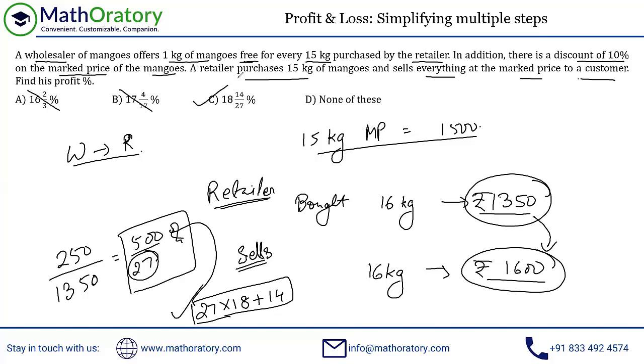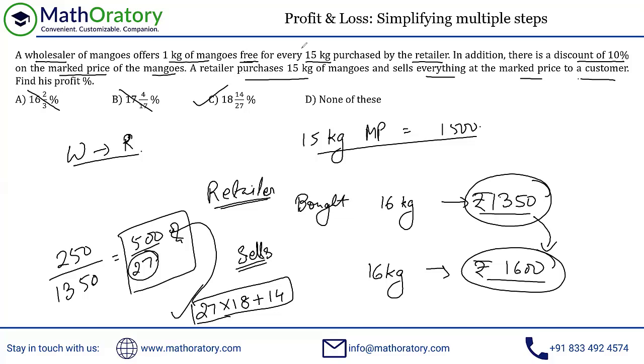Couple of things always keep in mind. Understand the context of the question, whose profit, whose loss we are concerned to figure out. And also make sure, in this case for example, the quantity was already becoming equal because he's selling everything. That's what it mentioned in the question. But if it is not mentioned, whenever you're calculating profit percentage or loss percentage, you have to ensure that the quantity is kept equal. Otherwise, it doesn't make sense. So keep that in mind and just solve it accordingly. So that's it. That's all from my end for this question.